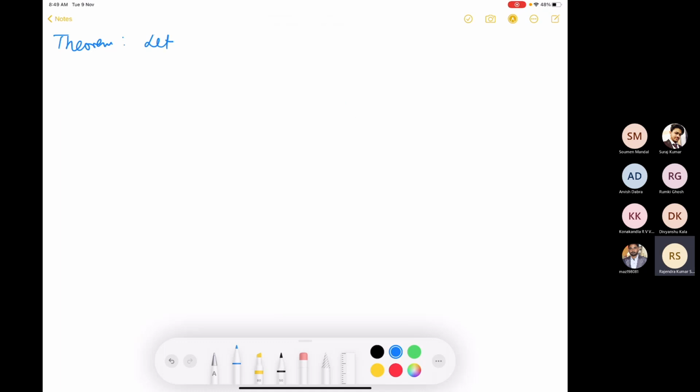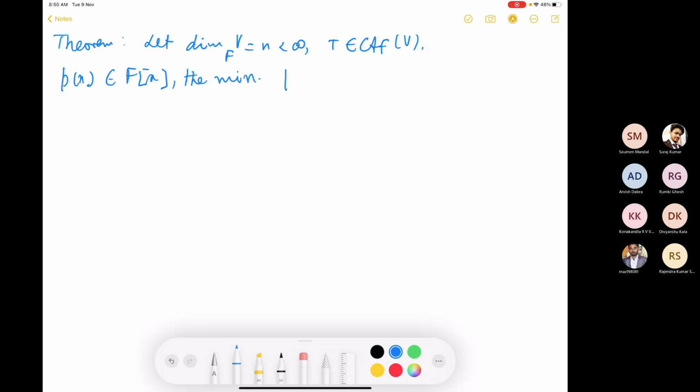Let us take once again that V is finite dimensional, T is a linear transformation, the dimension of V over F is n, finite, and P(x) in F[x] is the minimal polynomial of T, which is of the form